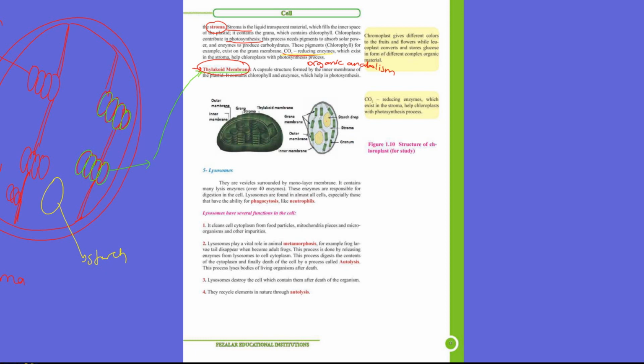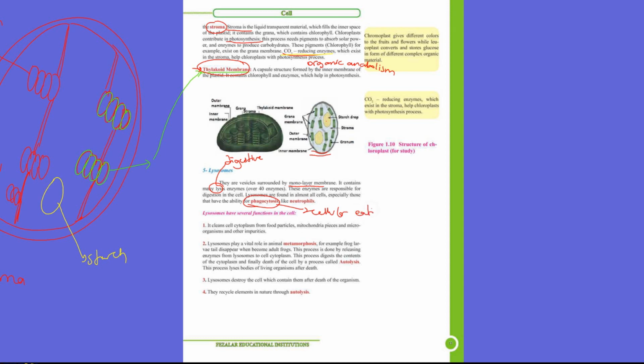Lysosomes are vesicles surrounded by a monolayer membrane. Why do I say monolayer membrane? Because the organelles we studied before are covered by two membranes, and now, monolayer membrane means just one membrane. It contains many lyses, meaning digestive enzymes. These enzymes are responsible for digestion in the cell. Lysosomes are found in almost all cells, but especially in eukaryotic cells that have the ability of phagocytosis, which we study on the next page, meaning cellular